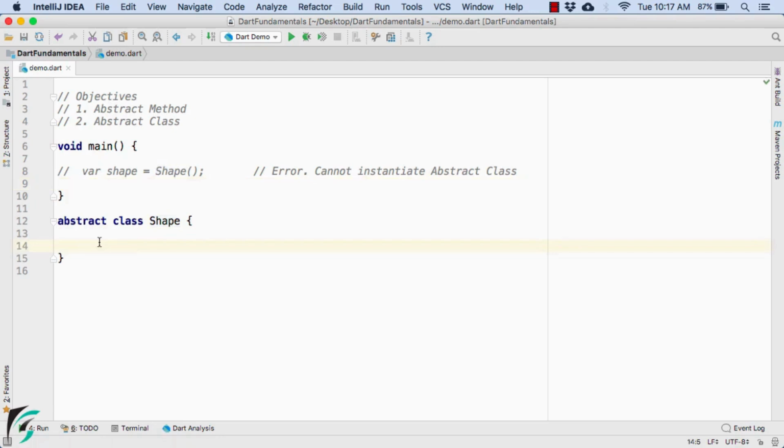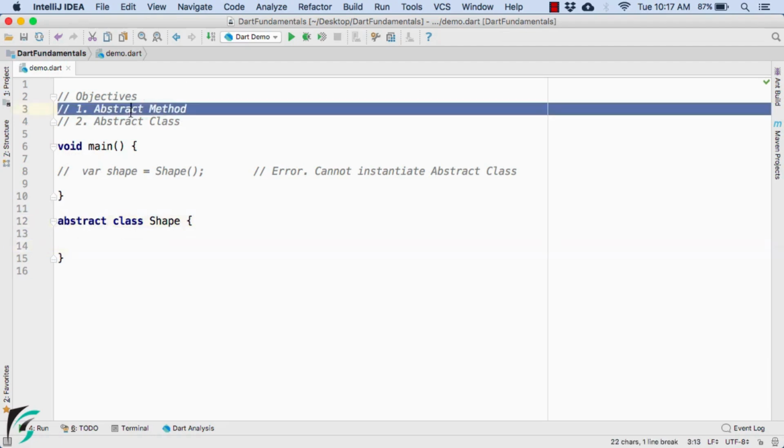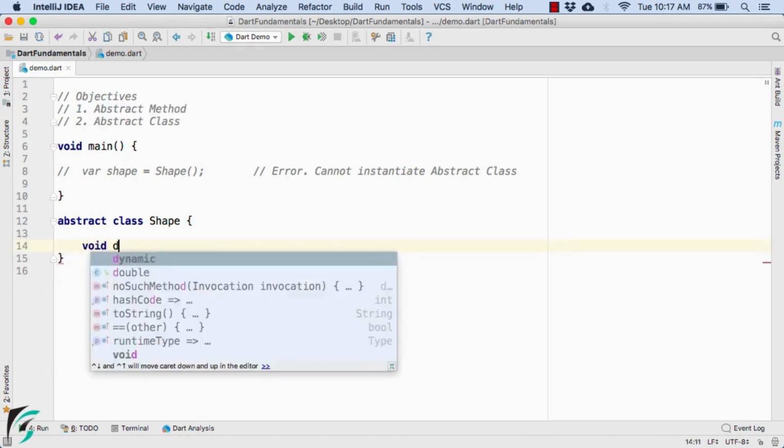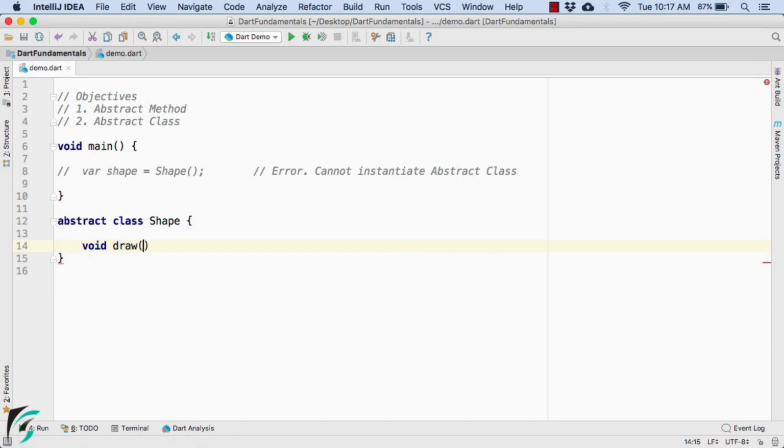So what is the advantage of this abstract class? If we can't instantiate it, then what is its purpose? So for that, here come abstract methods into the picture. To define an abstract method, you can simply use the return keyword, then the method name such as draw, and end it with a semicolon. Now a normal function has a method body, something like this, where you write your own code. Perfect. But in case of abstract methods, you just have to end the method name with a semicolon, and this will act as an abstract method. So this is the syntax to define the abstract method in Dart.